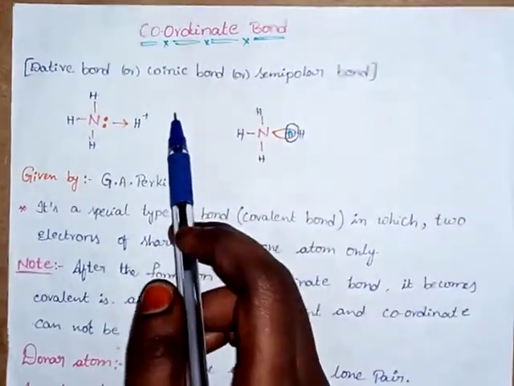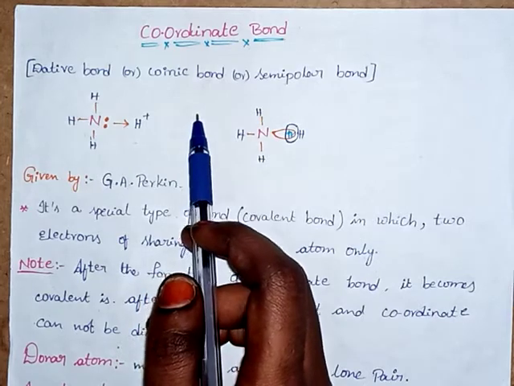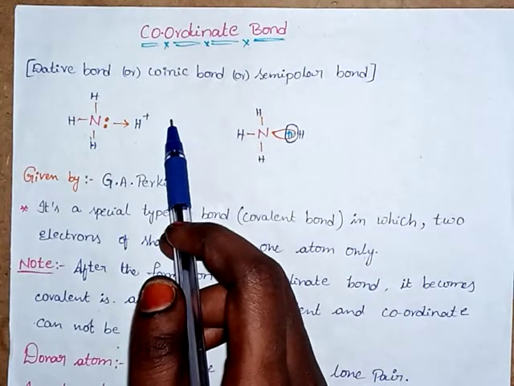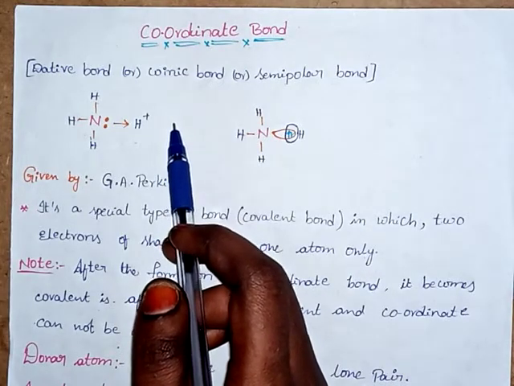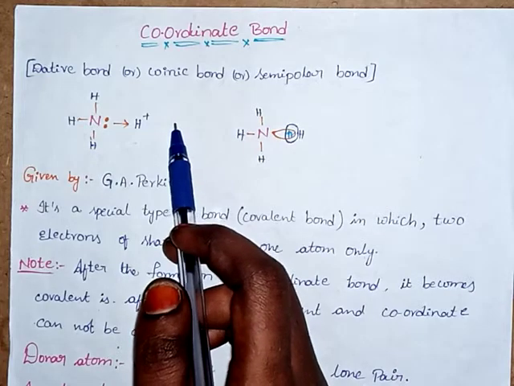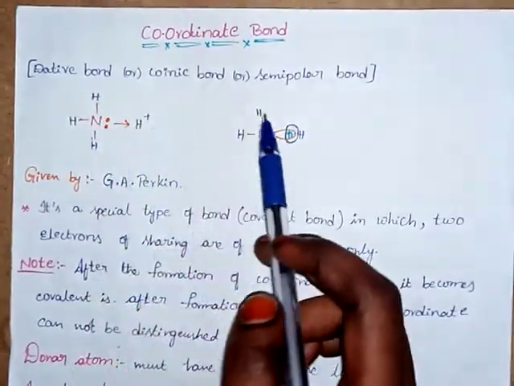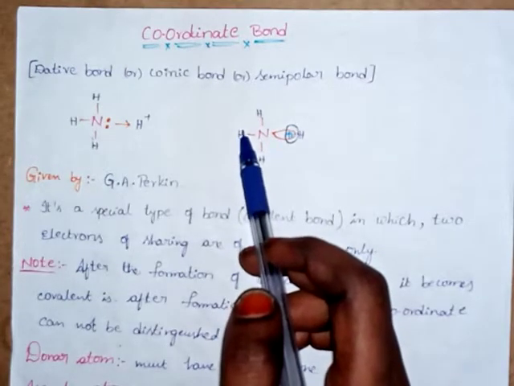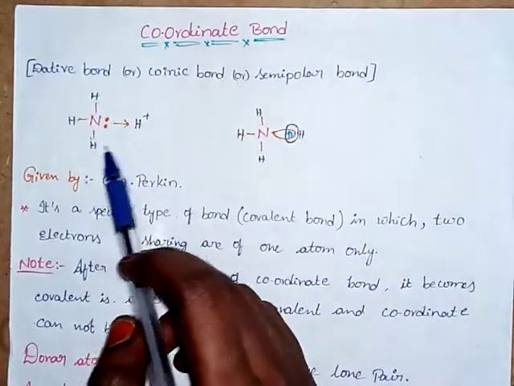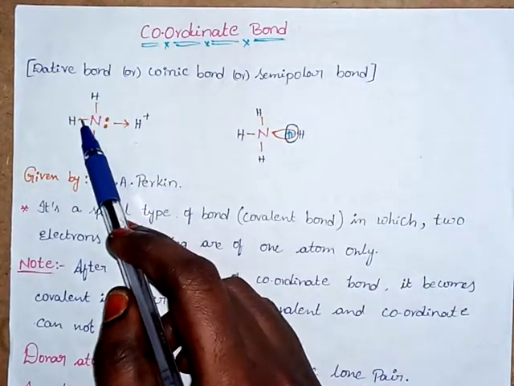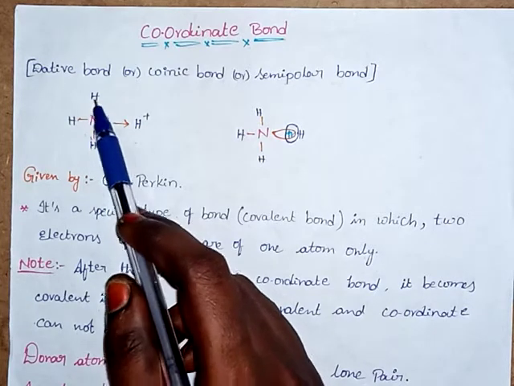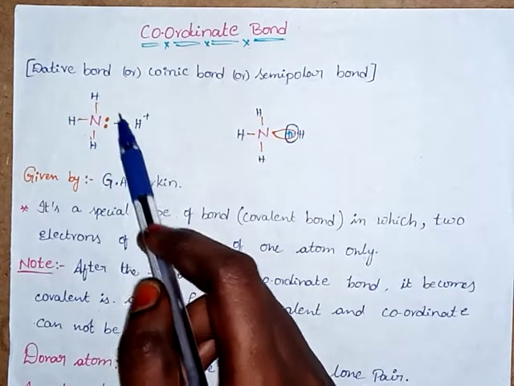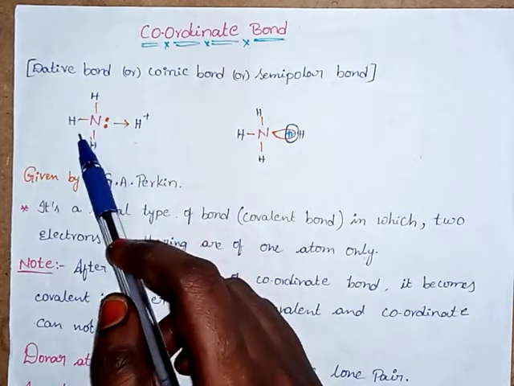Okay, so when does this bond formation occur? When it forms, as we know, Lewis dot structures. Any metal ion, if we find it difficult, we will draw Lewis dot structures like this. So the Lewis structure of NH3: 3 electrons are bonded with the hydrogen atoms, and there is a lone pair. So nitrogen's valence is 5.